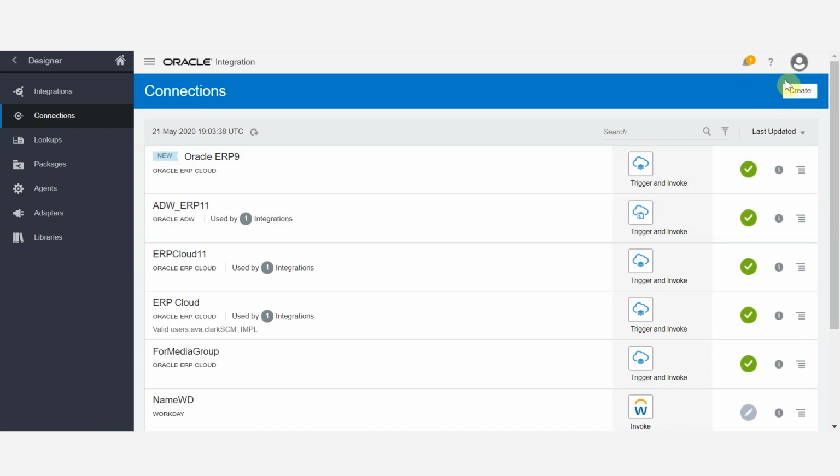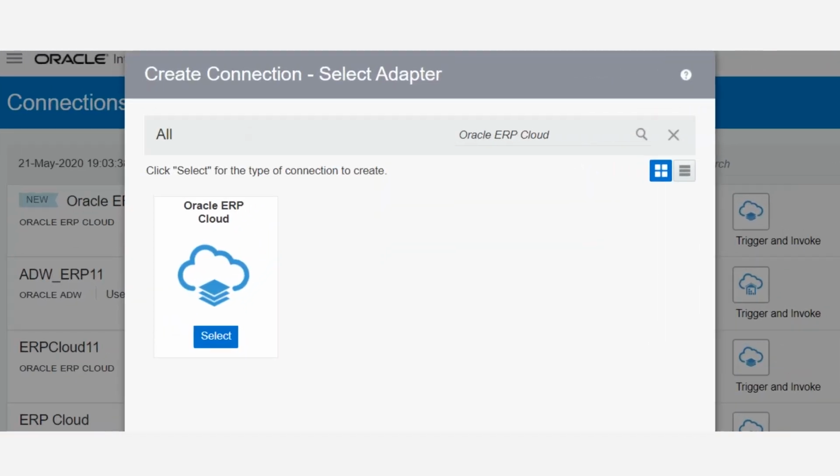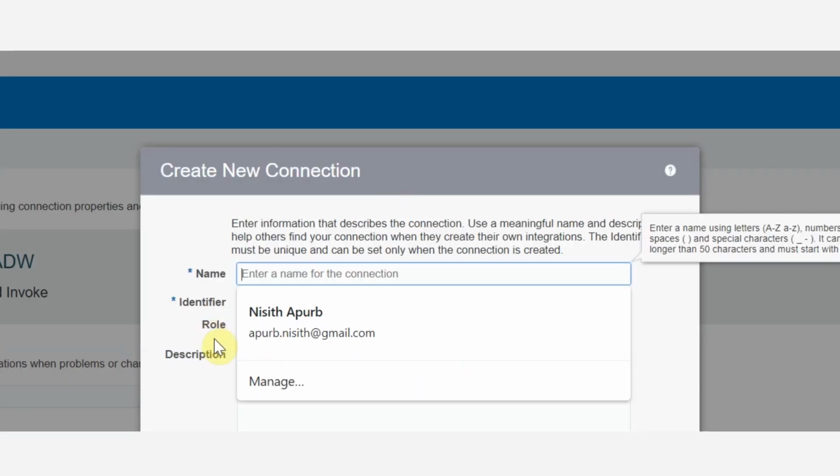Now we'll create a connection to the Autonomous Data Warehouse. To do so, click on the Create button on the top right corner. Enter ADW in the search bar and select Oracle ADW. Select the ADW option.